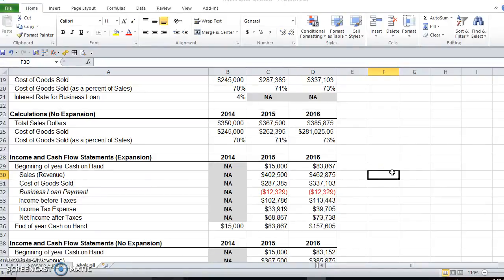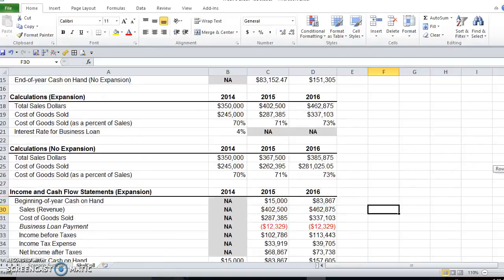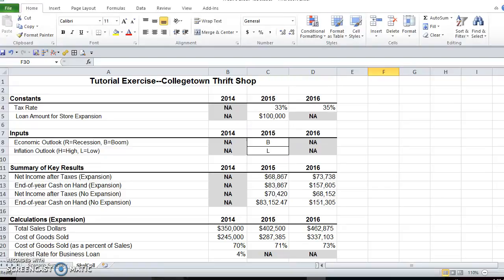But again, these are just some of the different aspects of this assignment that you'll be working for this case. And the real key, of course, is to set up this full decision support system for the bookstore. But go through it piece by piece. You will find it to be relatively tedious. Start at the top, work through all the different cells, all the different formulas, and you should be in good